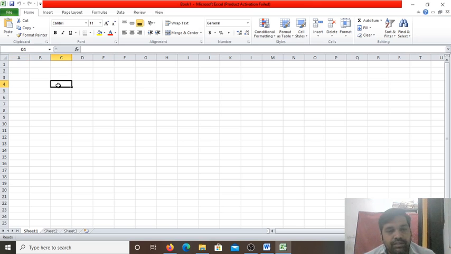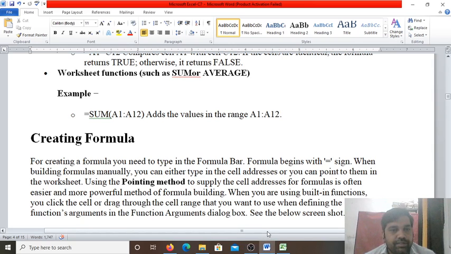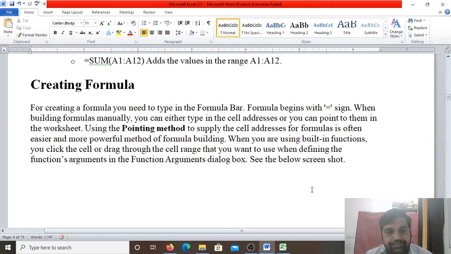Now we move to how we create a formula. For creating a formula, we need to type in the formula bar. A formula begins with the equals sign, which I have shown you.